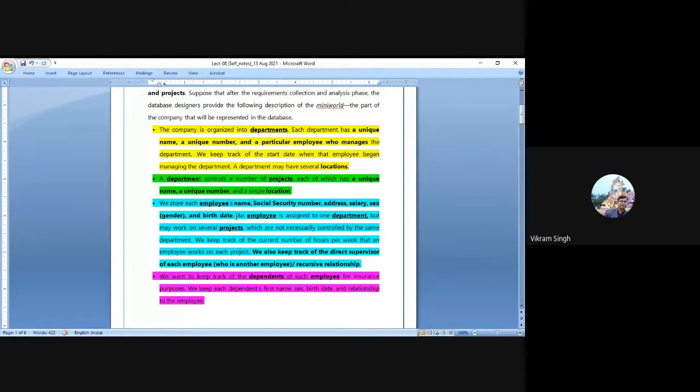I hope you can recall that in the requirement it is mentioned that for employee and department there are two instances. An employee is assigned to one department, which is like an employee working for a department, but may be on several projects. That's one part. It is said that